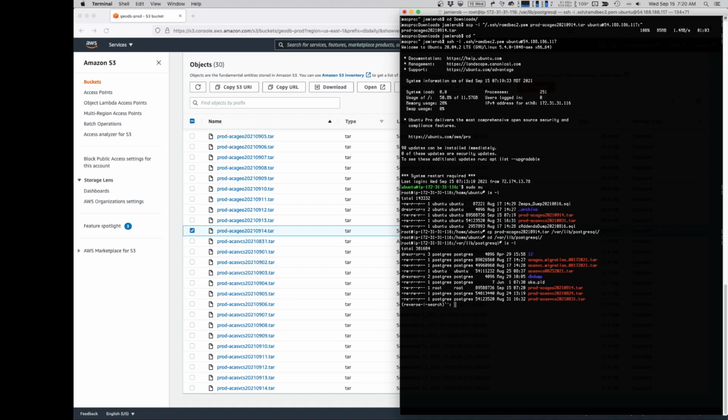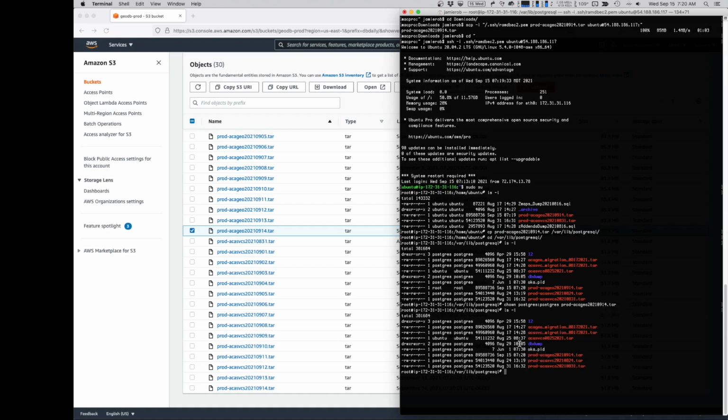So I'm going to change the user, chown, to the Postgres user, and then all I need to do is select the file that I want. So this is the file that I just copied, and if we list that again, we can see that the Postgres user now owns it. Okay, now switch to the Postgres user